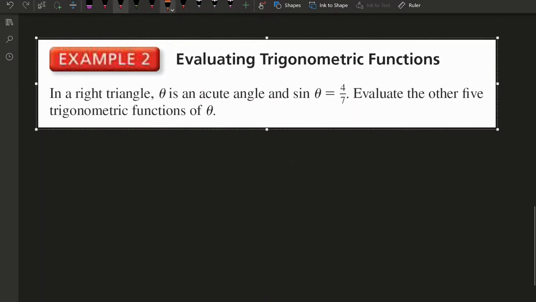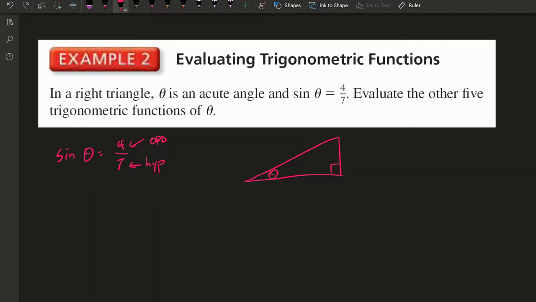So the important thing is sine theta is 4 over 7, and we know that 4 is the opposite and 7 is the hypotenuse. So if I go ahead and just draw a right triangle, here's 90 degrees, here's theta, I know that the opposite is 4 and the hypotenuse is 7, so that means I need to figure out